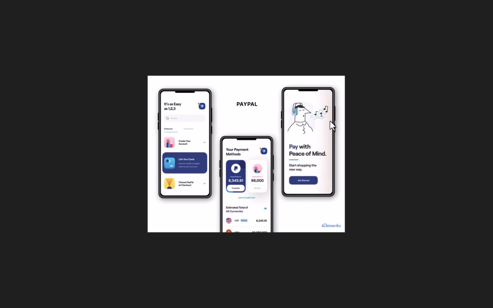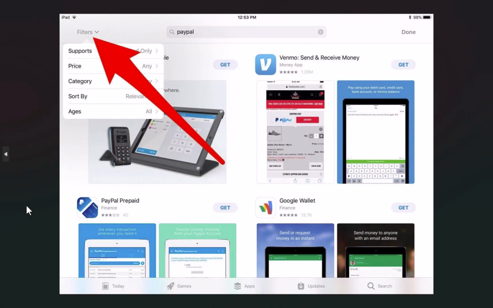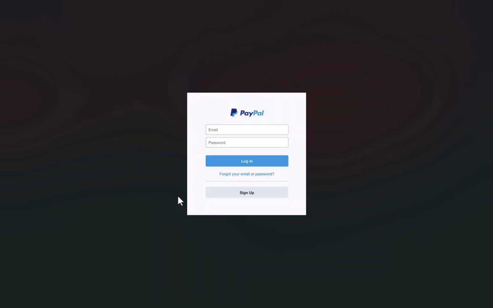Alright, so your first step is to download and open up PayPal. You can get PayPal downloaded using the App Store or the Google Play Store to simply download the PayPal app. Once you've downloaded PayPal, if you already have an account, you can simply log in with your email and password. Otherwise, you're going to have to tap on the sign up option to create an account first. All right, so the next step you're going to be taking after this is done would be to